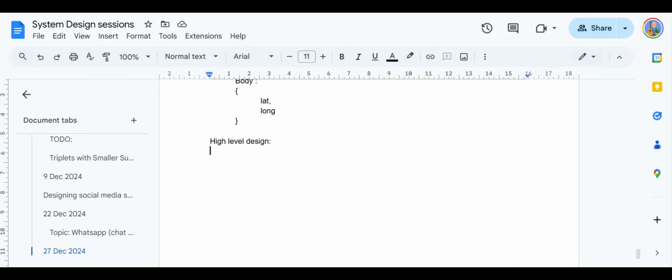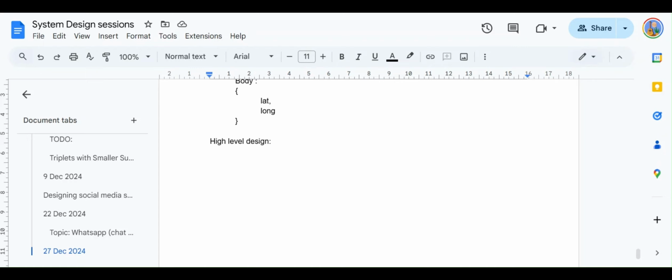It doesn't really matter which platform they are giving, but the idea is that whatever you're drawing or writing there is visible to the interviewer as well. Just like this Google Doc, even if you open it, you can watch what I'm writing even without sharing the screen. They may ask you to share the screen or they may not. It depends completely on the interviewer. Most of the time they don't ask you to share the screen, but even if they do, please be ready for that. Is that part clear?